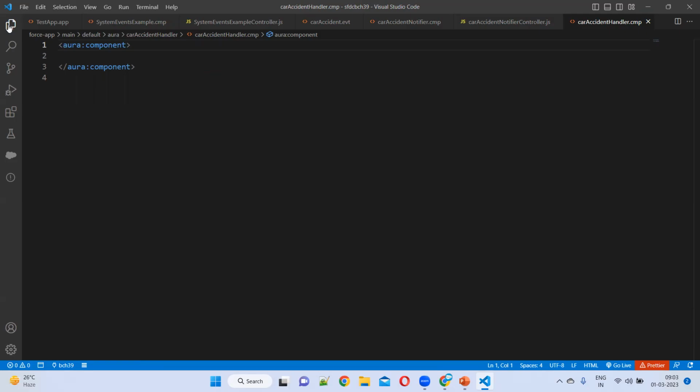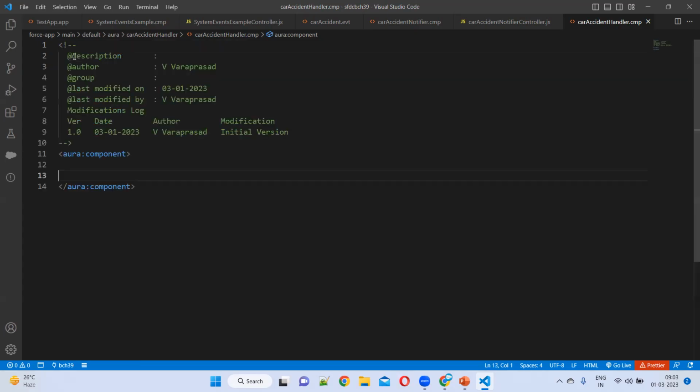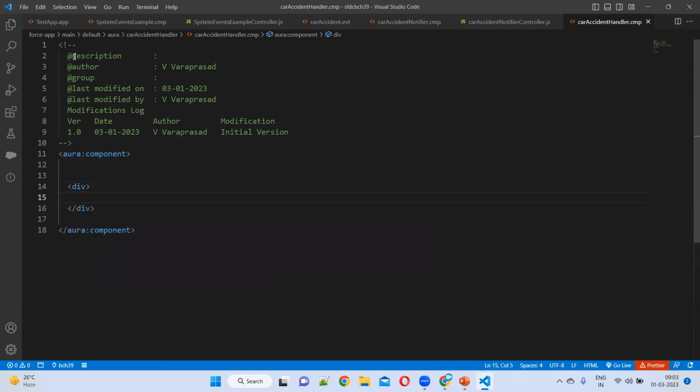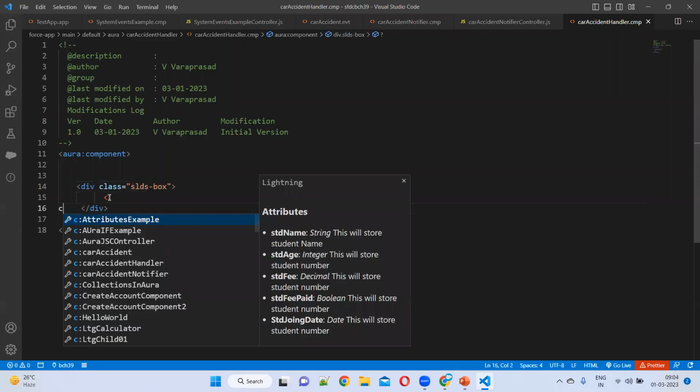Once we pass the message, it will be handled by whom, madam? Hospital. Understand? So if you want to do component event, the first thing you have to do, madam, is call the child component from the parent component. How can you call the child component from the parent component? The relationship has to be there, right? Without a relationship, can we pass data from child to parent? No. So now we should create the relationship first. How can we create a relationship, madam? What is the component name, madam? c: